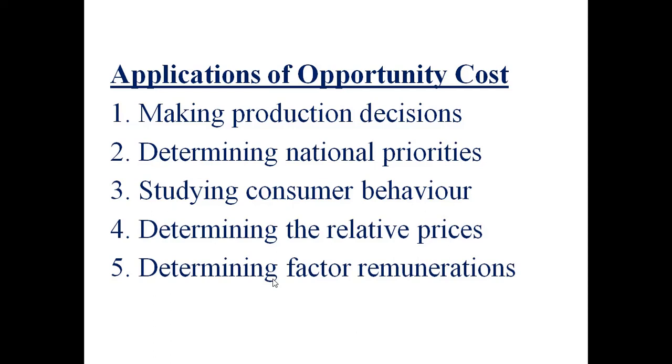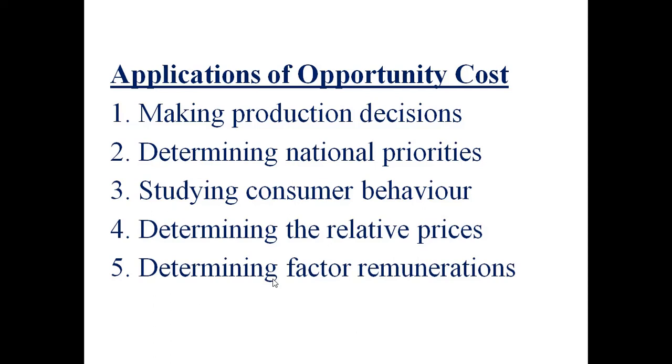We have already discussed Robbins' theory, that there is a scarcity, and scarcity is a basic problem of the economy, isn't it? And when there is scarcity, we have to make a decision. We have to make a choice. So basically, this is a problem of choice. You have to choose a correct one. You have to choose a feasible cost, isn't it?